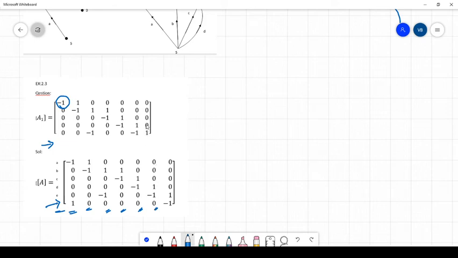And finally, the last branch, you observe, the last column is having only +1. So we should add -1 here. So they added -1 here. Okay, only the first branch, that is the first column, and the last column have non-zero elements added. Okay, so this is called a reduced incidence matrix. Reduced incidence matrix.